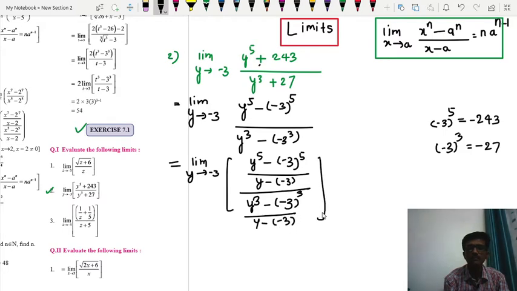What is this limit? We apply this formula, limit x tends to a, x raised to power n minus a raised to power n upon x minus a is equal to n into a raised to power n minus 1. So by using this formula we will get,